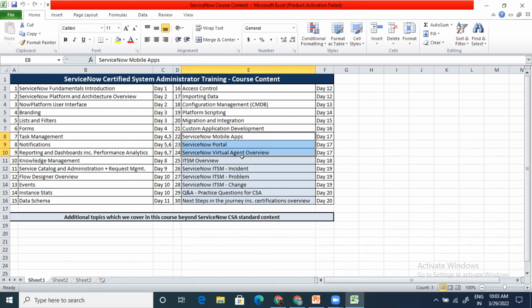I'll have to see whether mobile apps is something I can share on the screen right now. That we'll see a little later. And after that, your course will be completed officially. ServiceNow System Administrator, right? Then these things are the additional things which we are doing as a part of this whole course, which are not covered as a part of this course. But yeah, we will do that in our training just to give you some idea how to start a ServiceNow